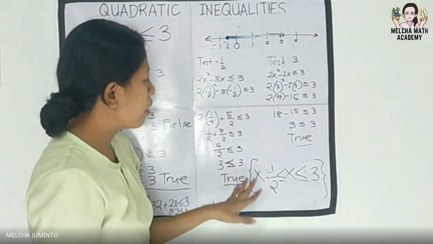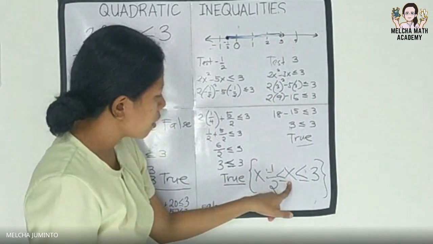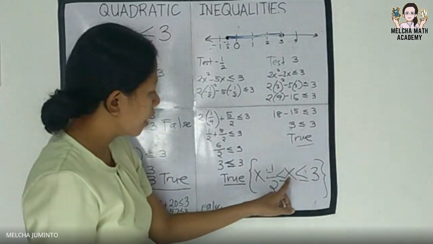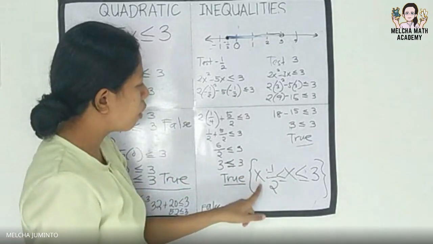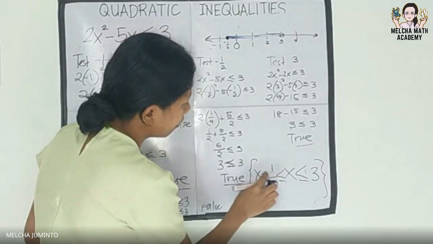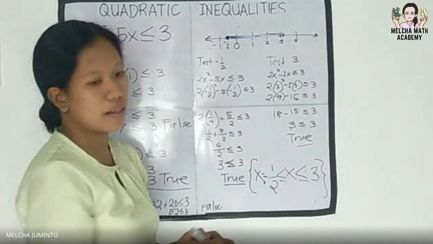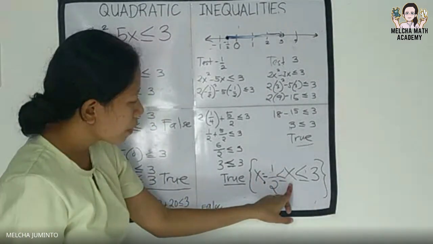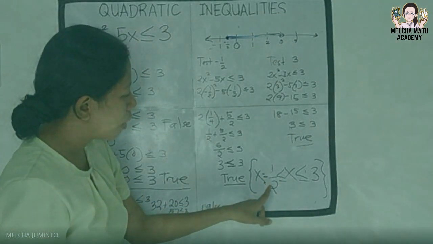-1/2. So the solution set would be set of all x such that x is less than or equal to 3 but greater than or equal to -1/2. Or it can also be read as set of all x such that x is greater than -1/2 but less than +3. Again, it can be read as set of all x such that x is greater than or equal to -1/2 but less